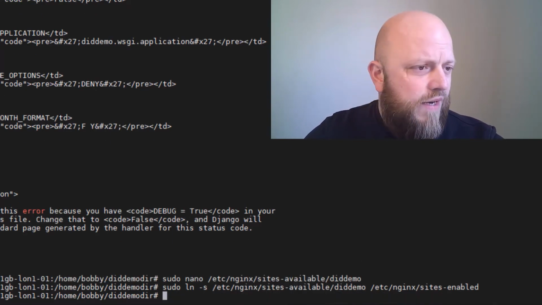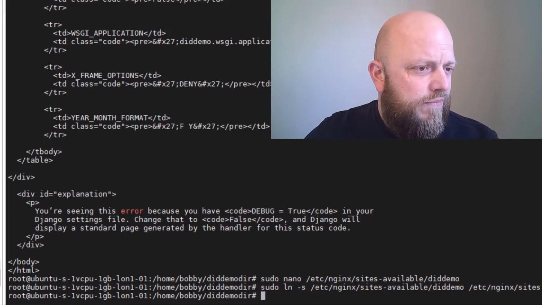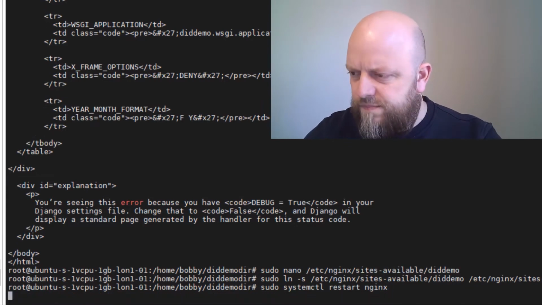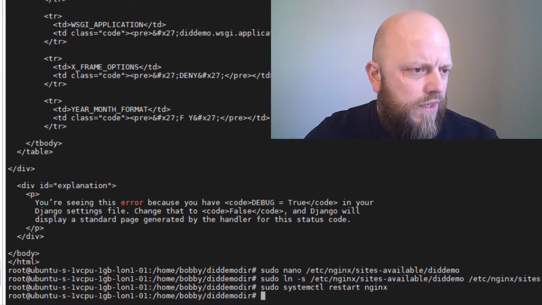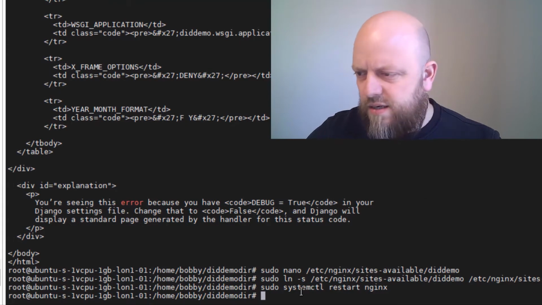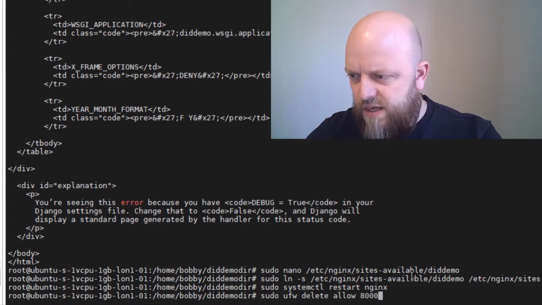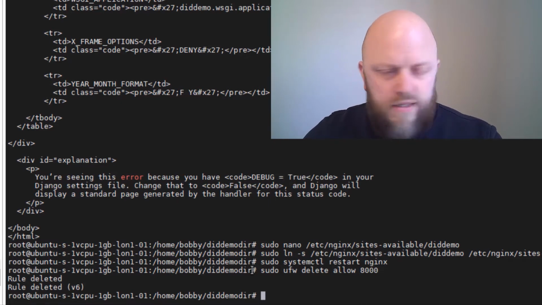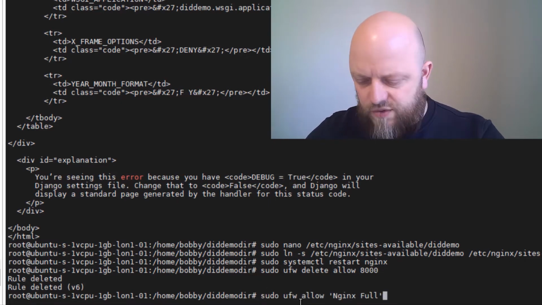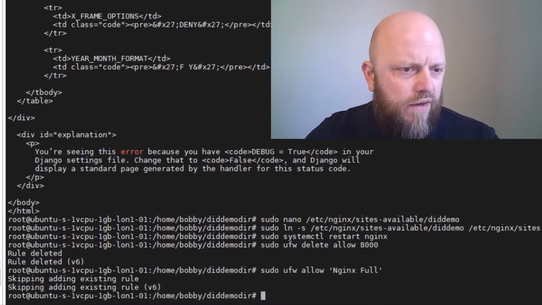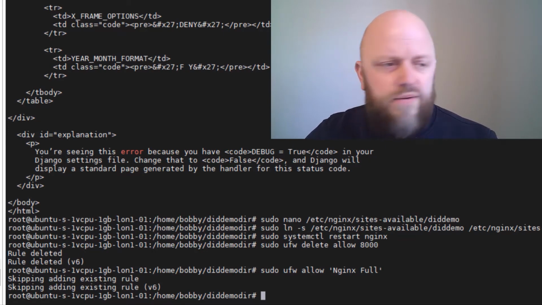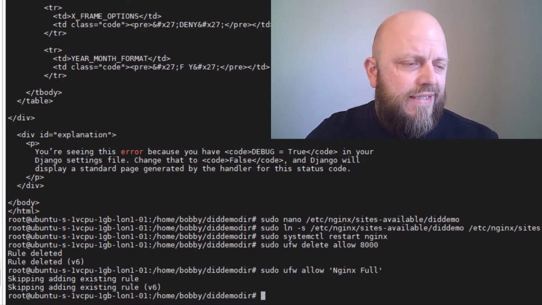There we go, we've linked that. We want to restart Nginx. We want to delete our 8000 in our firewall, and then we want to add the full package of Nginx into our firewall. There we go, and we should now be able to visit the website if we just visit the IP address, but we won't do that yet. We don't need to do that. What we'll do is,